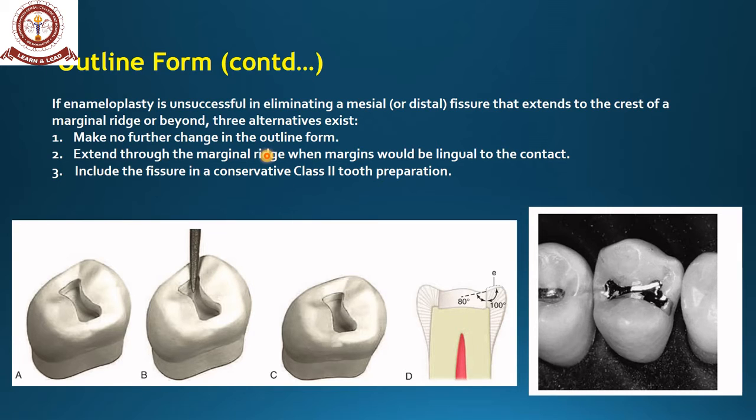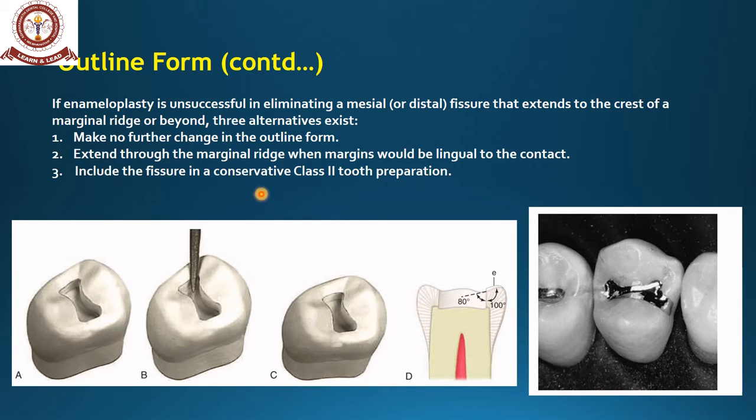If the second option is also not possible because this ridge comes in contact area, then you have to go for the conservative class 2 preparation. So whenever you are doing enameloplasty, the first option is enameloplasty. If after doing enameloplasty also the caries doesn't go, then only you have to go for